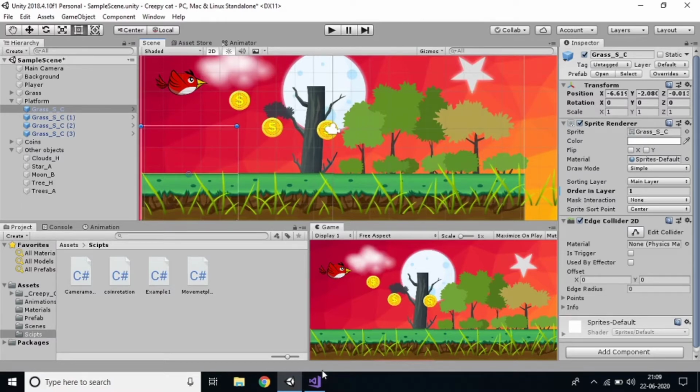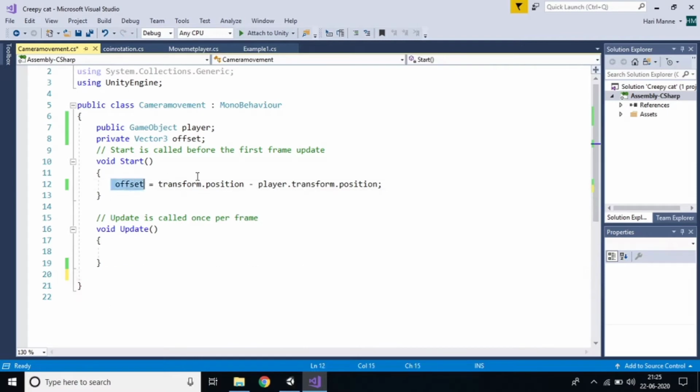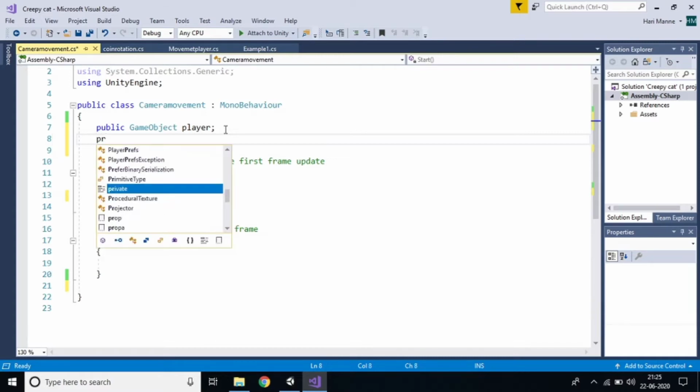So I'll write some other code, because I want to set this position up to here only. So I'll remove everything I have written, and I'll write the code very smoothly. The camera should move and the value also. I'll remove this one. And we need a public GameObject player, because we are following along with the player, right? We need the player position. So we are taking that, and I'm taking another that is private.